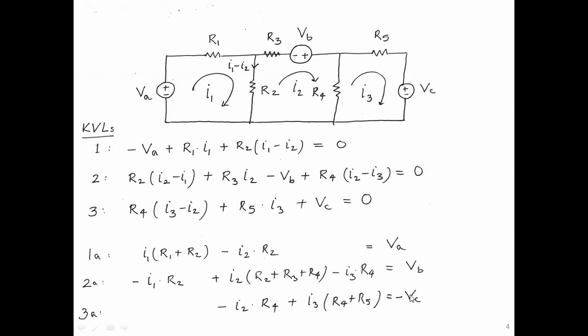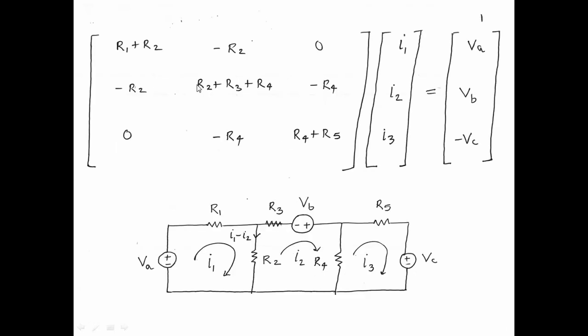So they'll go on the other side. We combine all the I1 terms, I2 terms in each equation. So we get a set of equations of this form. You can check that this is correct. And again, there are I1, I2, I3, I1, I2, I3, and we can write this as a matrix. So let us write this as a matrix.